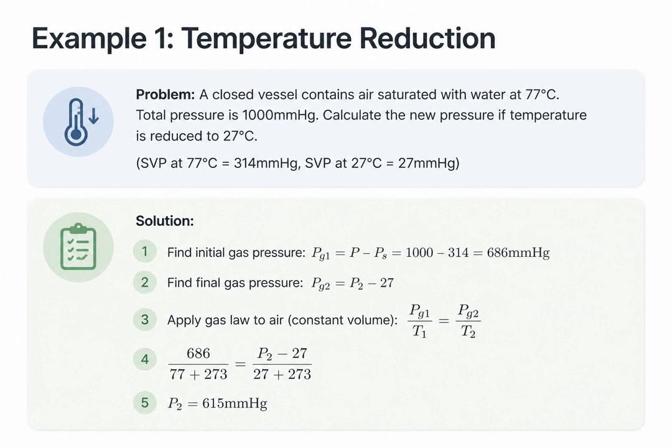P1 over T1 equals P2 over T2. Remember to convert temperatures to Kelvin. Solving this gives us the new partial pressure of the dry air. Finally, we add back the new SVP at 27 degrees, which is 27, to find the new total pressure of